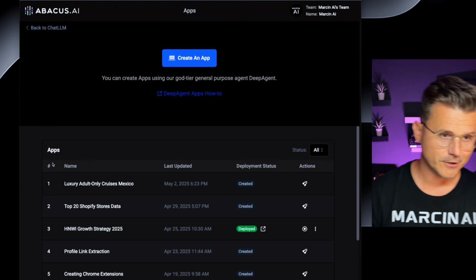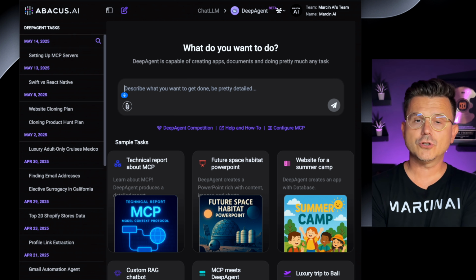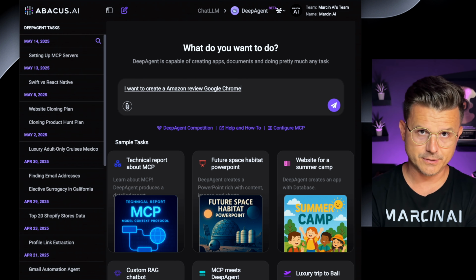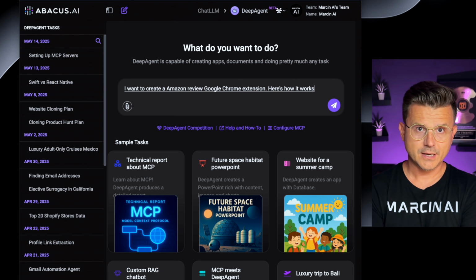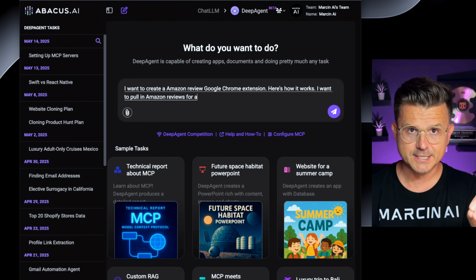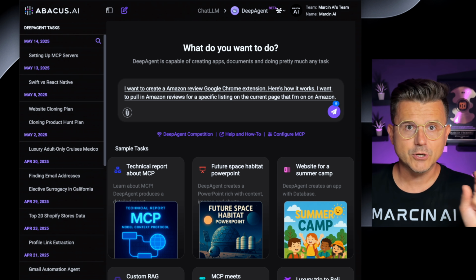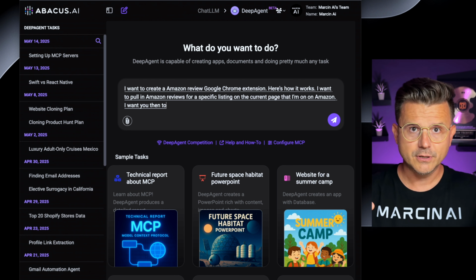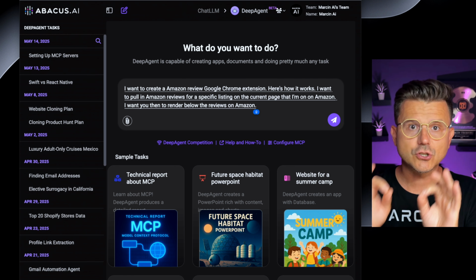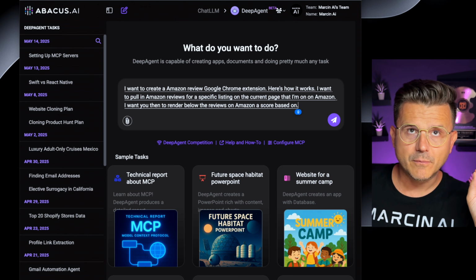And this is what we're here for. So you can see I've built a bunch of different stuff here. So we're going to create an app. I want to create an Amazon Review Google Chrome extension. Here's how it works. I want to pull in Amazon reviews for a specific listing on the current page that I'm on Amazon. I want you then to render below the reviews on Amazon a score based on an OpenAI